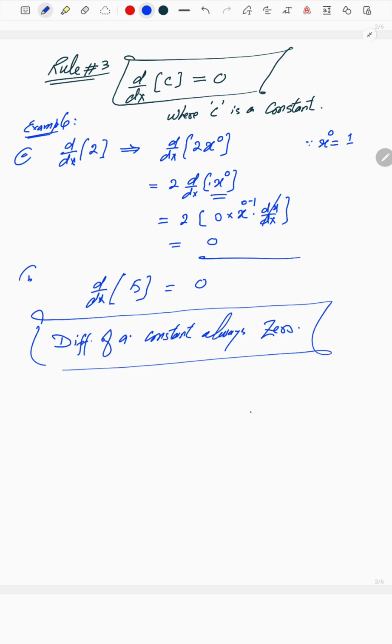Finally, we have another rule, rule number 4. It describes what to do whenever you have a sum or difference of two or more functions, like f of x plus or minus